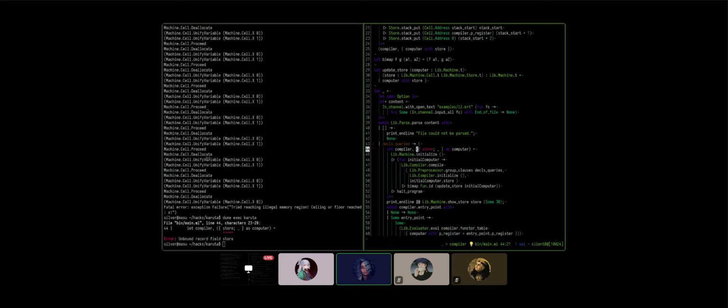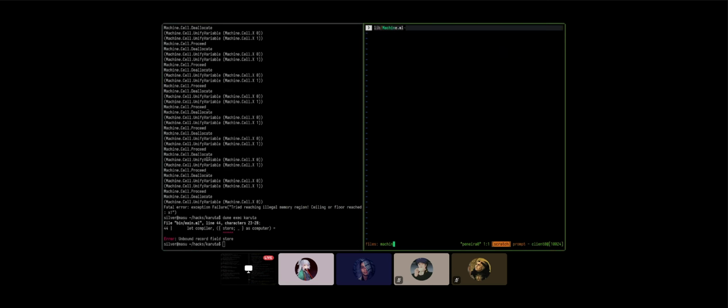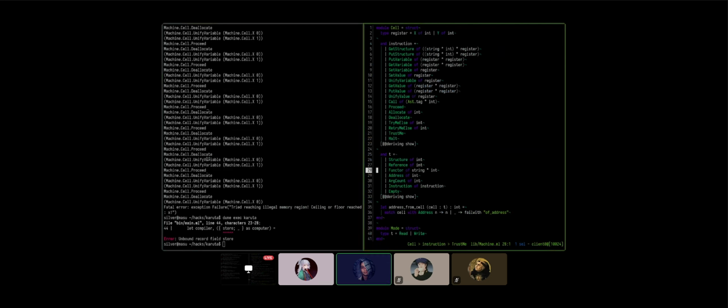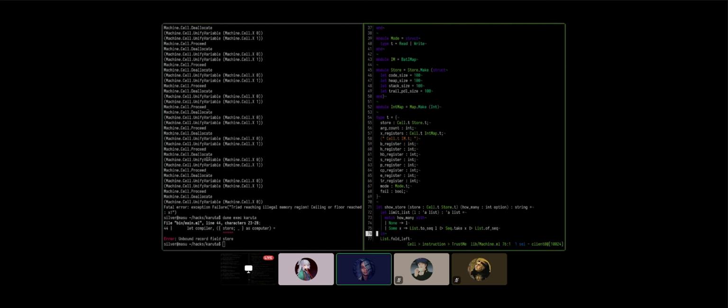Okay, so go to the halt program function and see the return type of that. LSP is messed up. Yeah, go to the machine then, and let's read what's... I think it's a store. Go to the bottom, all the way down. It's a store.